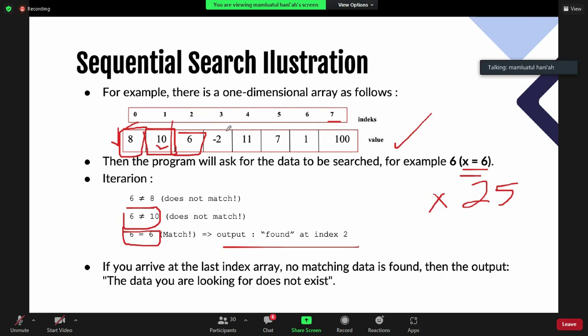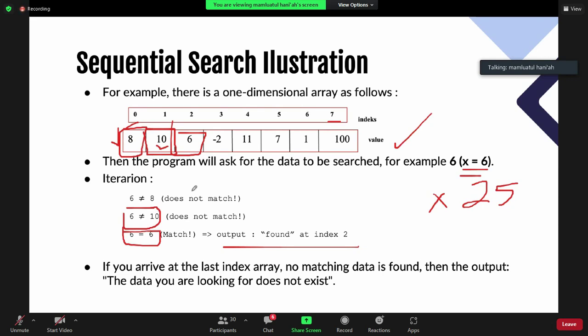You have no matching data. Then the output is that the data you are looking for does not exist, or you can just give output index -1 like that. Okay, it's simple, right? Do you have a question here?